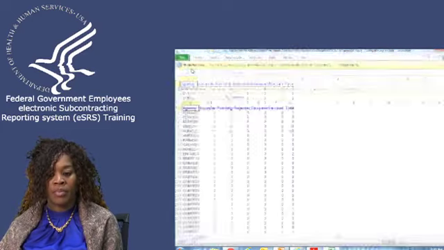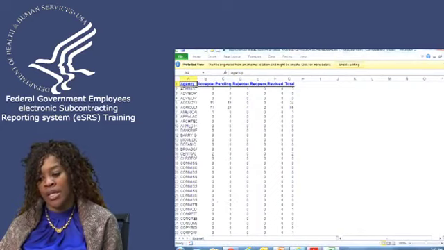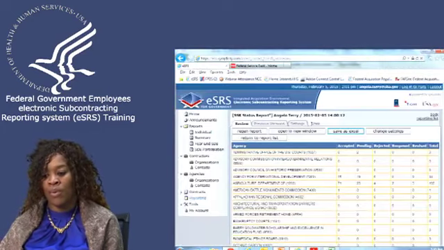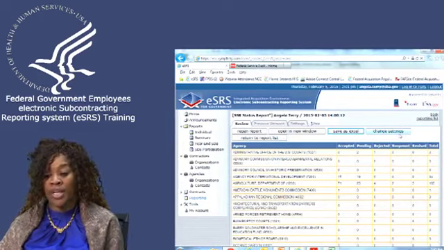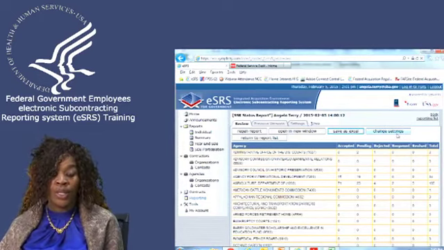Okay. And there you are. So now you can utilize any of the functionality within Excel, maybe even do another report for your senior. If you want to change the setting of the report, you can do that. Maybe you want to run it for an additional year.